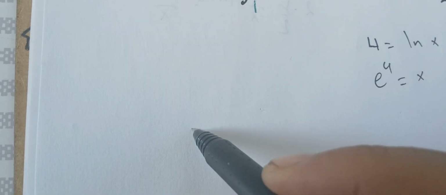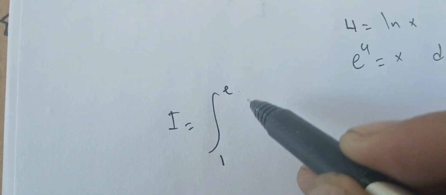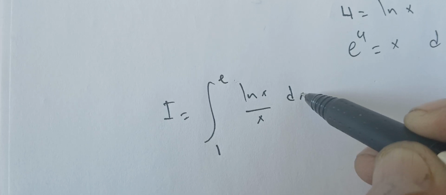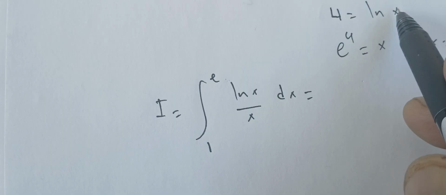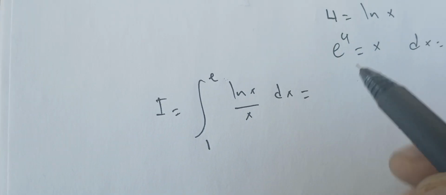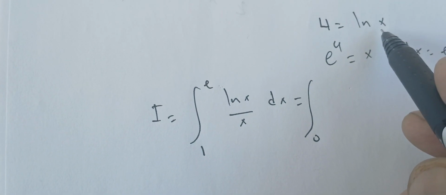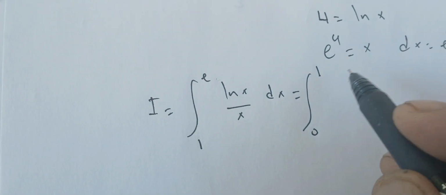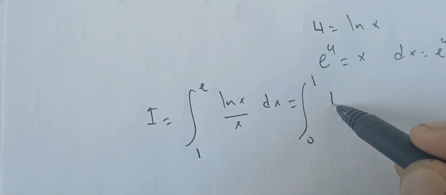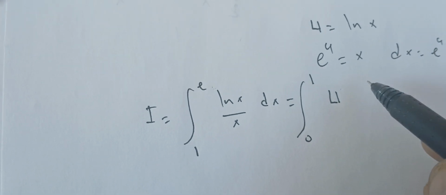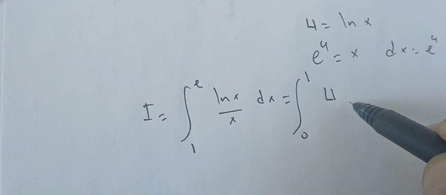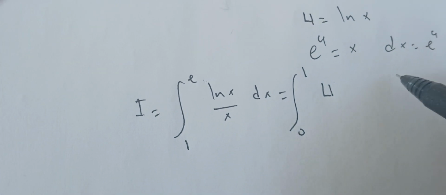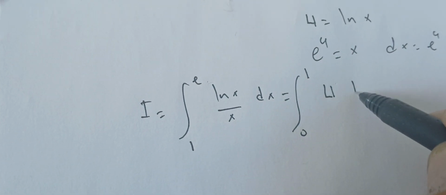Now my integral, let's call it I. So I between 1 and e of ln of x dx. Now we can change the bounds. So when x is 1, u is going to be 0. When x is e, u is going to be 1. Okay, so ln of x is u, and x in my case is e to the u, but e to the power u will cancel with this dx. So I'm left only with u du. Okay,